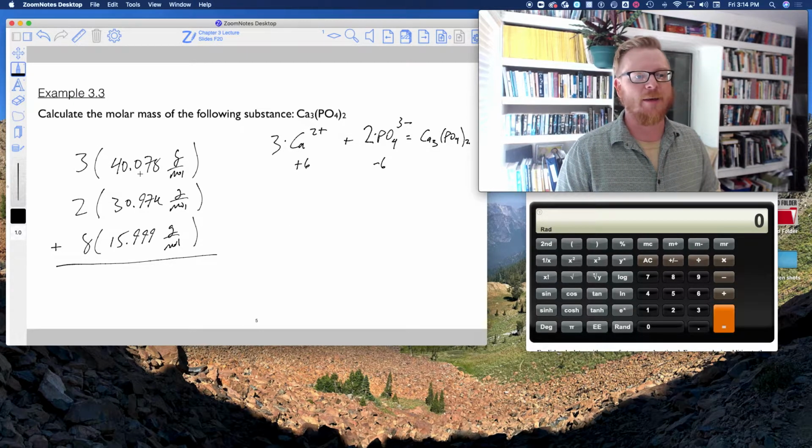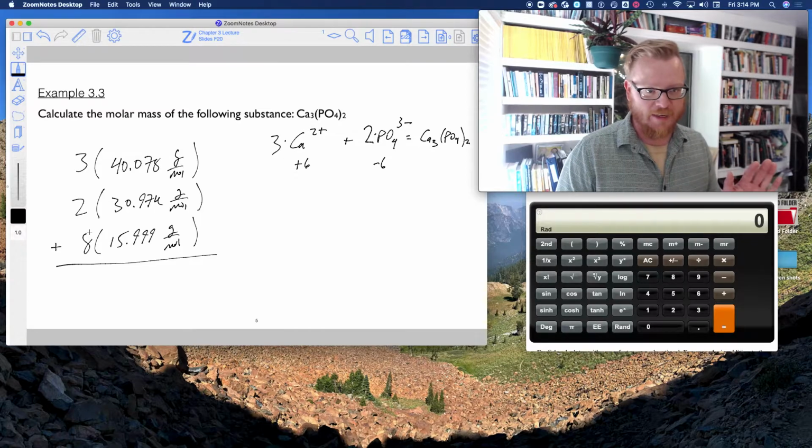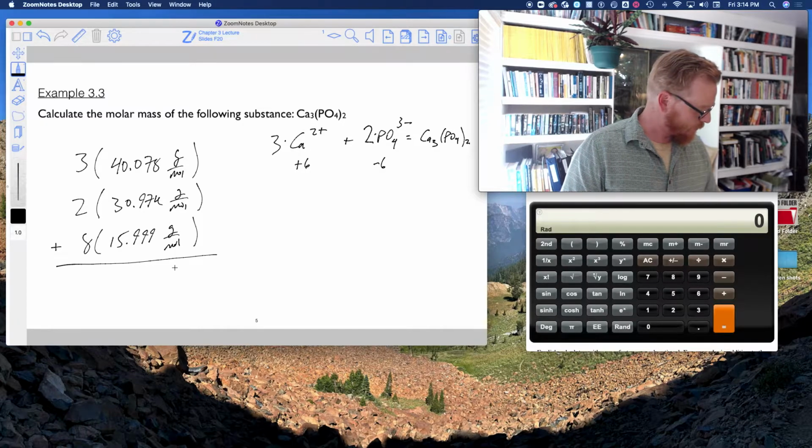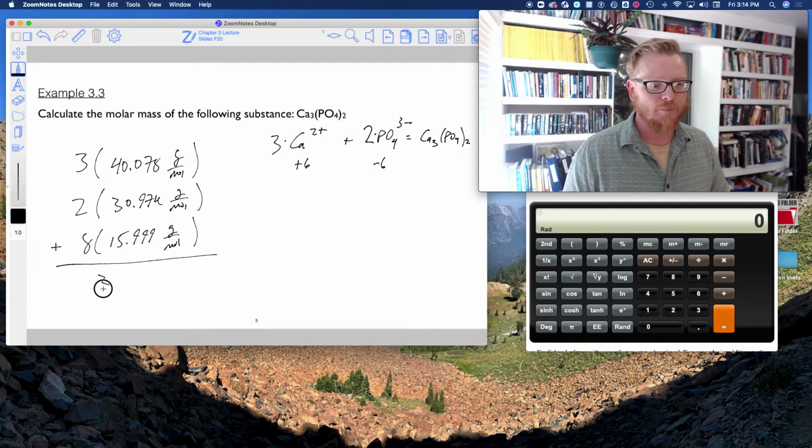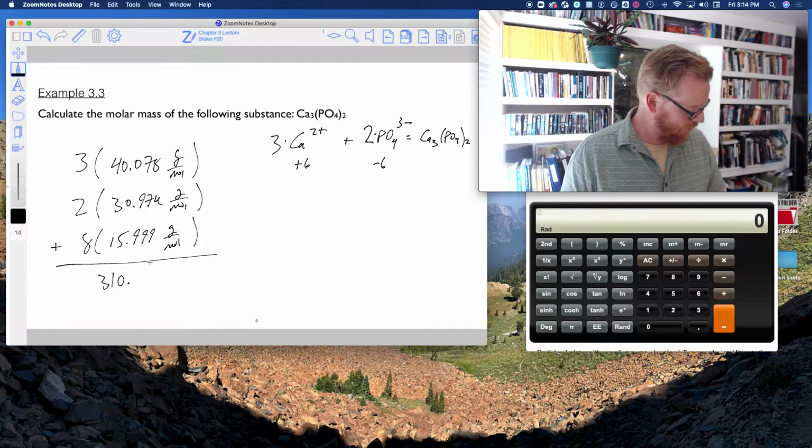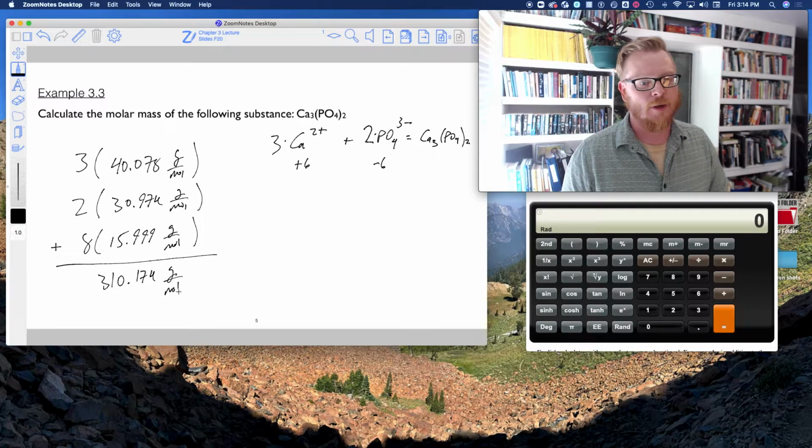So now we take 3 times this, plus 2 times this, plus 8 times this. The 3, 2, and 8 do not have any sig figs, but since here I took 3 decimal places for all my sig figs, I'm gonna have 3 decimal places in my final mass, and from this I get 310.174 grams per mole for calcium